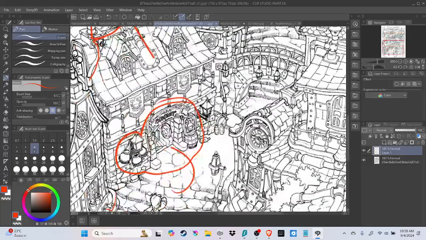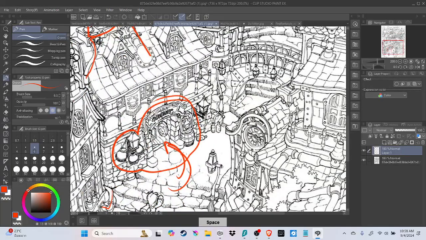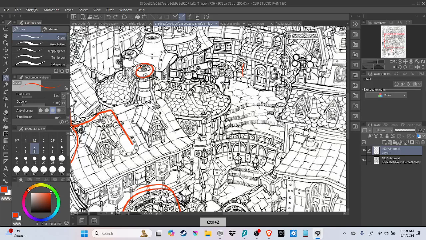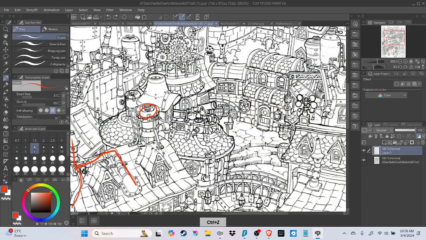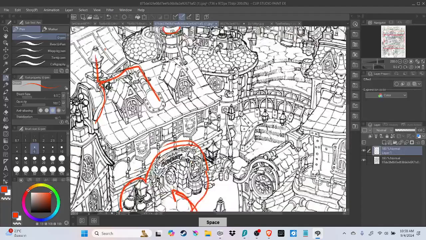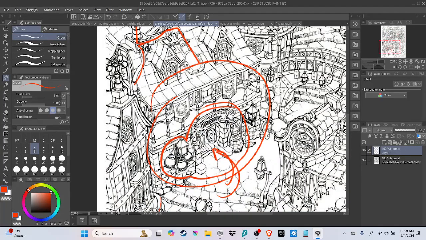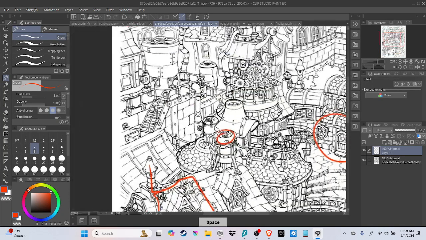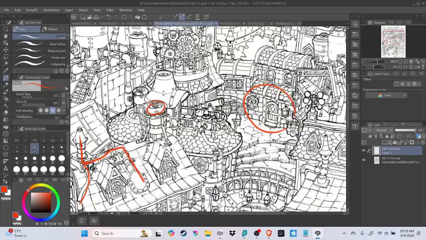So I get the sense that I can go into this place. I don't really get the sense that I can go into this place. I probably can, but it also feels like there's so little detail here in the architecture compared to this area that I feel like this is the area that the game developer wants me to explore, while this is more just a background prop, right?